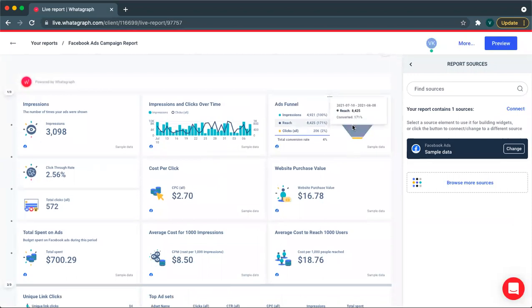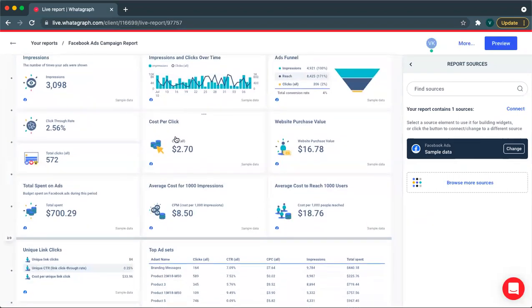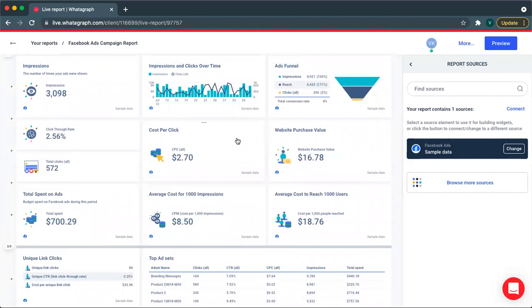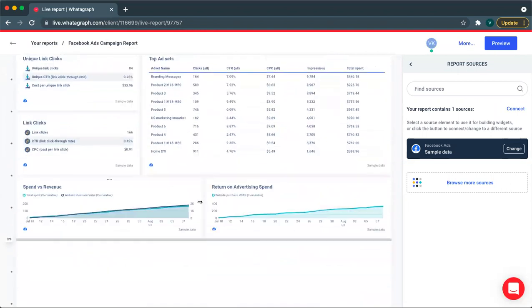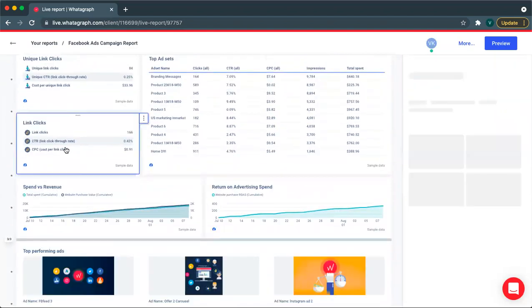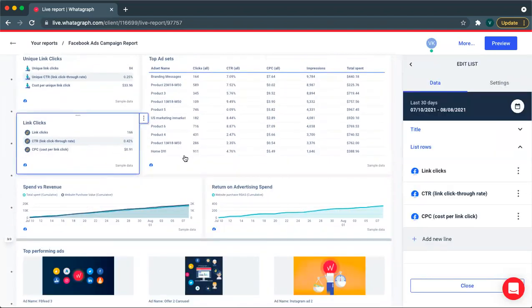That would be the channel funnel that it follows. The major monitoring factors would be cost per click, click-through rates, and cost per conversion, which we can see from here.